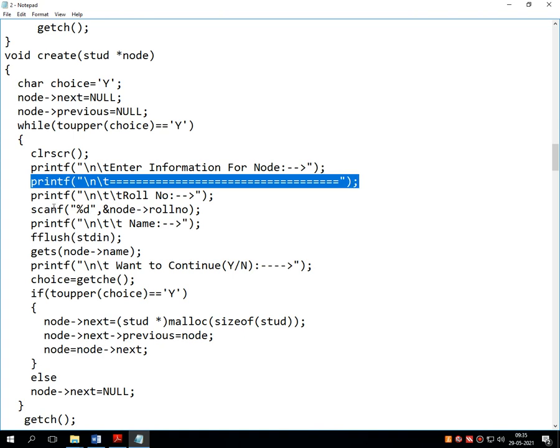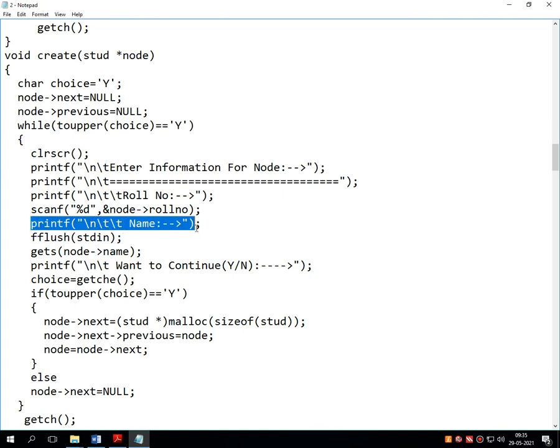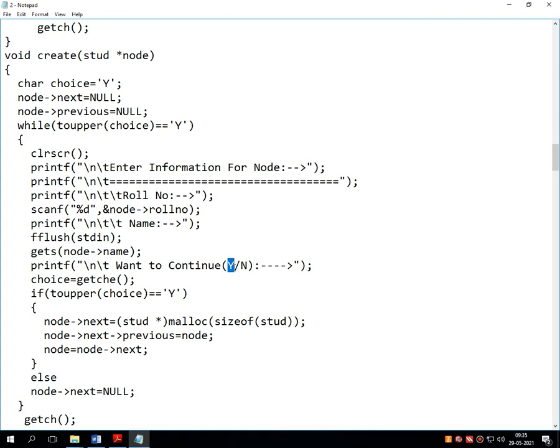Then on the next line it asks for the roll number and stores it inside the data part of the node. Then it will ask for the node name, which is also stored inside the data part of the node. Then it will ask for the confirmation, do you want to continue? Suppose I press Y, then this loop will repeat again and the second node is created.